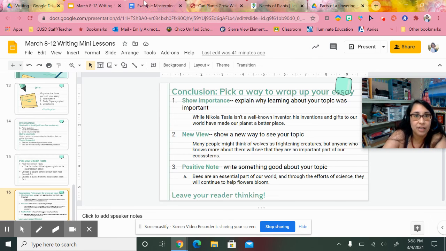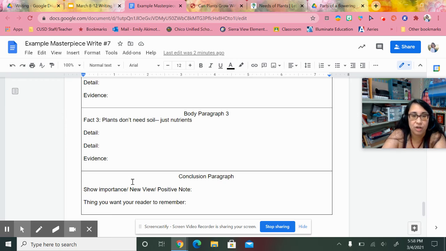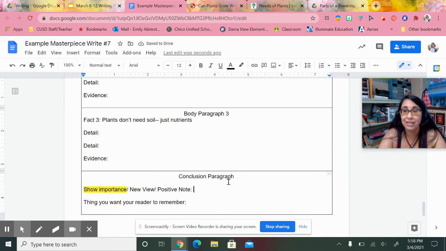So let's go here and let's pick. So I'm thinking about plants and I'm going to show importance. To me, I'm like, yeah, that's what we need. So I'm just going to highlight that one so I know that's the one I'm doing. And I think I'm going to tie this back to my introduction about without plants, we'd be dead. So I'm going to say,